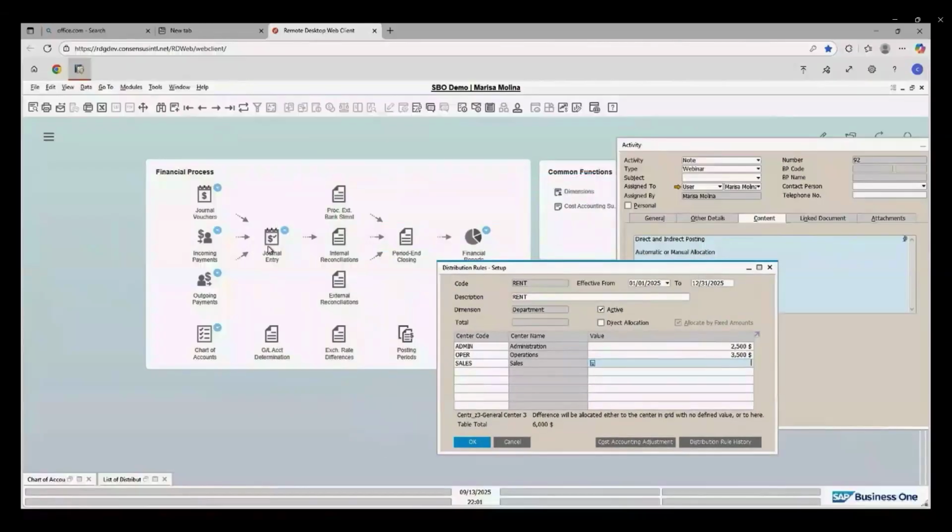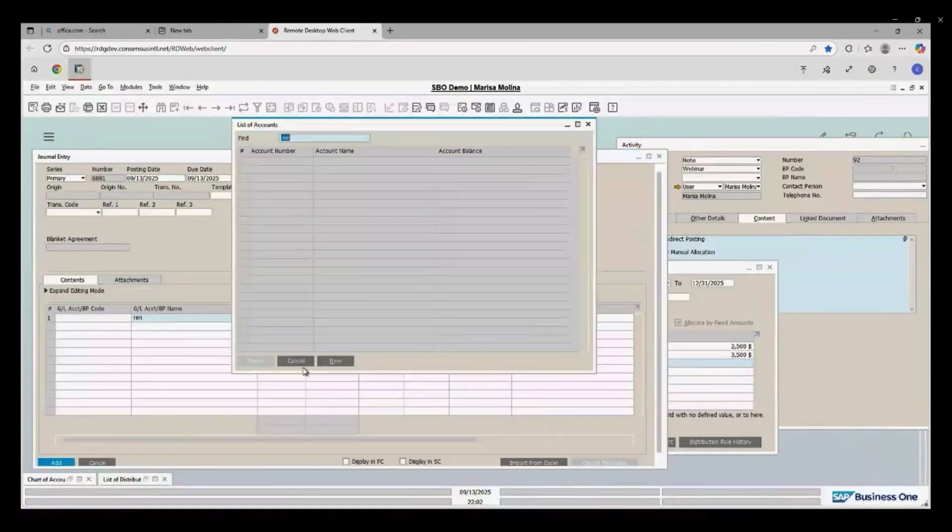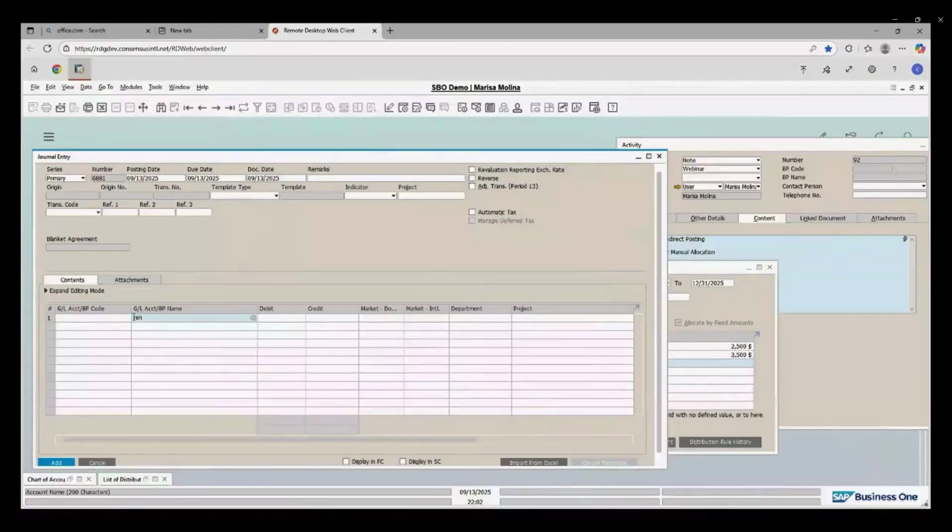Let me just go to a journal entry. Let me check if we have any rent in here. I guess that we have one when I count office and building rent. So let's say that I said 6,000. So let's say that I say, okay, here and in the department, I said this one that is called rent.